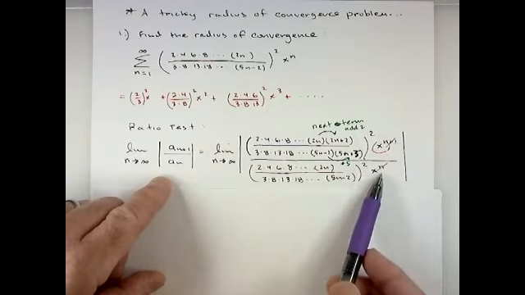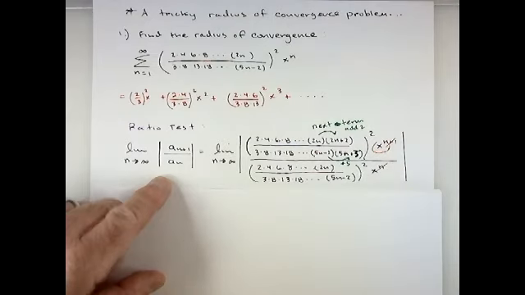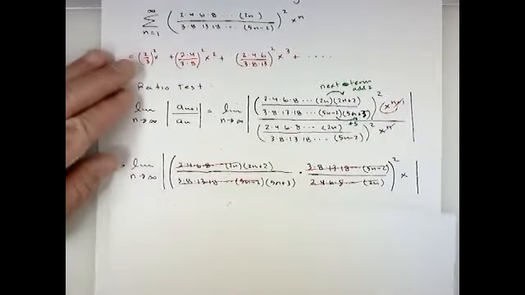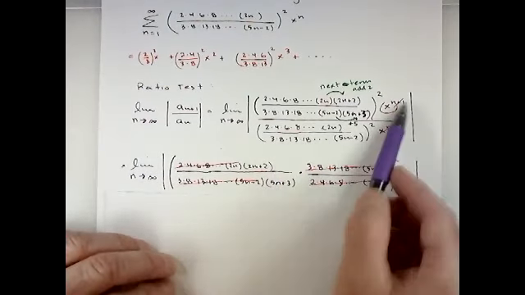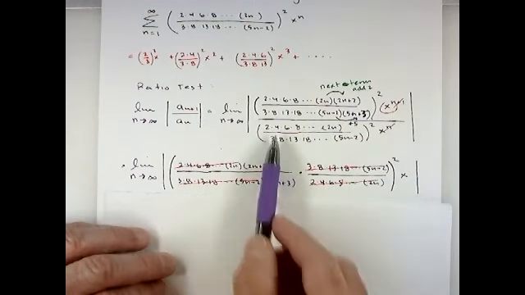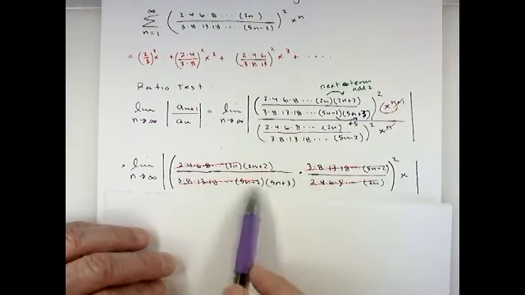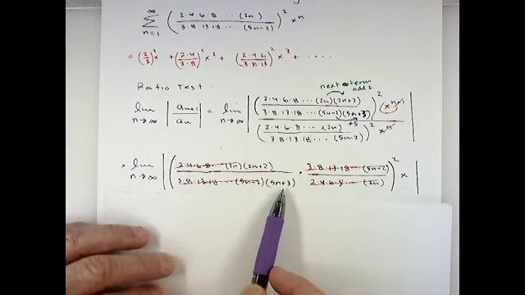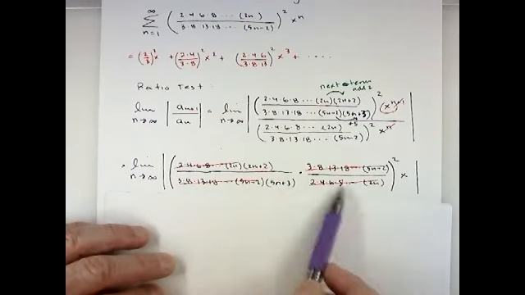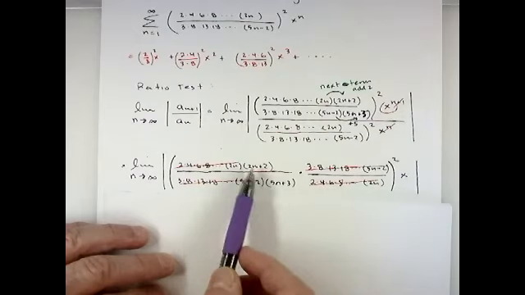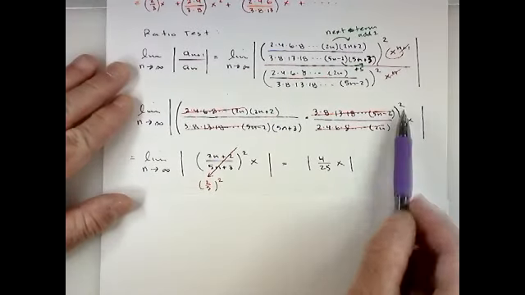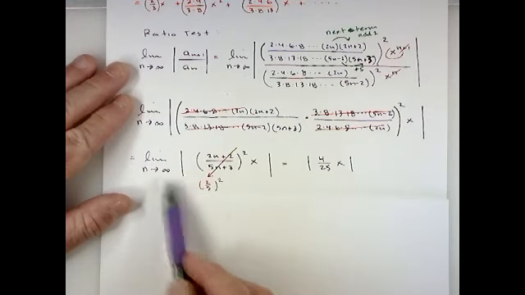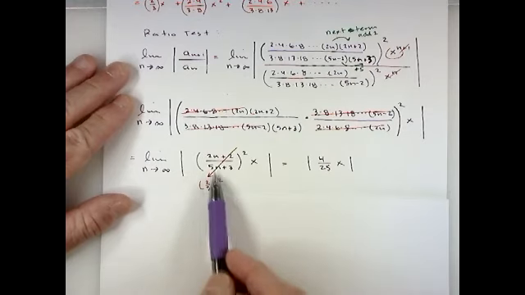And then there's a sub n. The x to the n plus 1 over x to the n power is going to just leave you with x. And you can see if you flip this denominator and multiply it, you get a bunch of stuff canceling out, right? Everything's going to cancel out all the way up to 5n minus 2 here, leave you with 5n plus 3. Same thing with the multiples of 2. So we're really just going to be left with 2n plus 2 over 5n plus 3. Remember, it is squared. That limit, if you take the limit as n goes to infinity, will give you 2/5